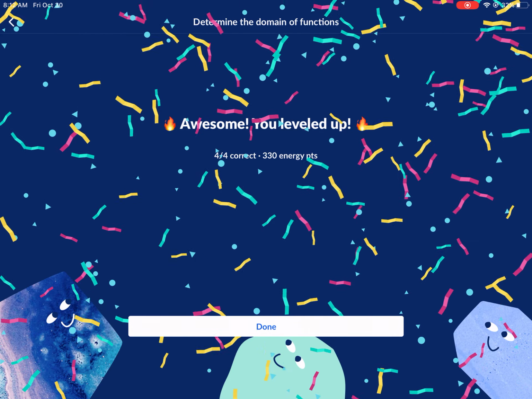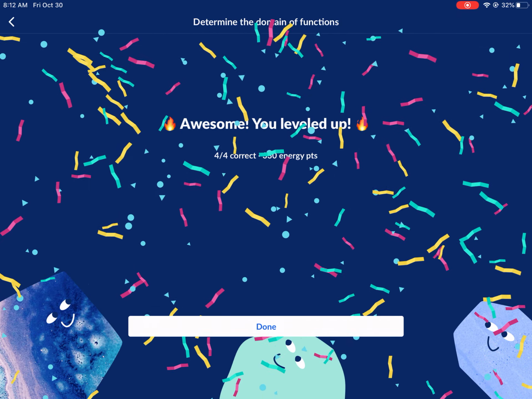I hope this clears it up in terms of the domain and just doing this algebraically. This is kind of a trouble spot for a lot of people,